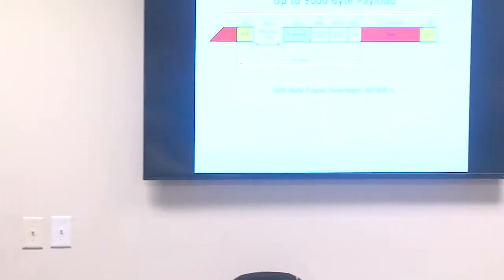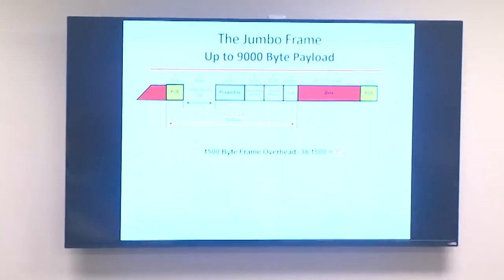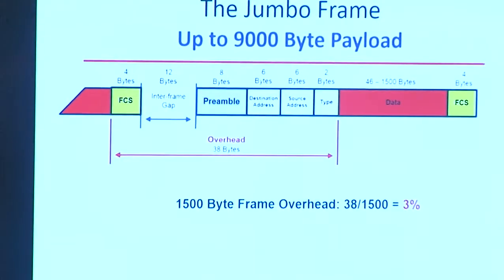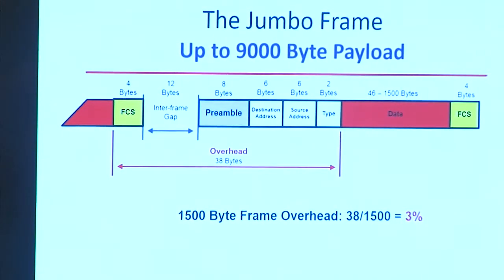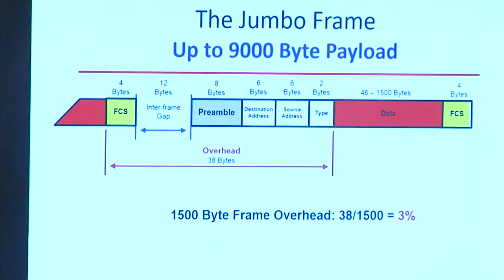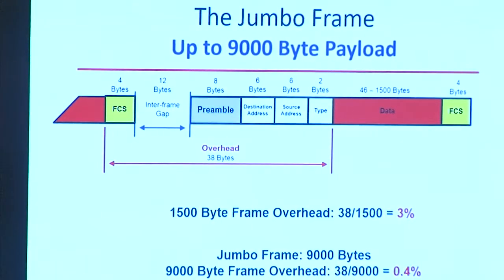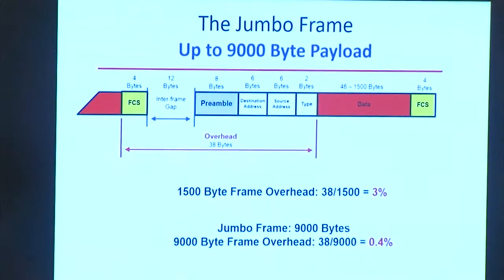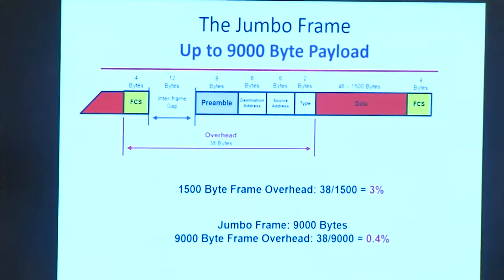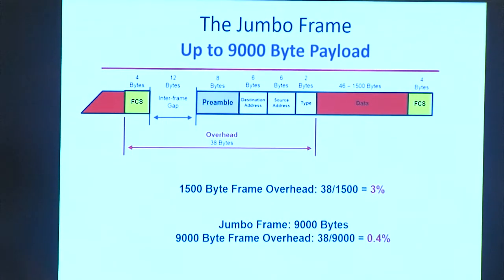And think about the efficiency with a 1500 byte frame, in other words, the payload, and you take the header information. The header information is fixed, so you have about a 3% that's dedicated to the header. We can have better efficiency with a jumbo frame because the header is the same. We're just going to send more information. However,